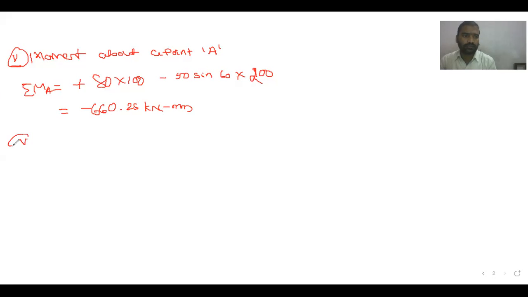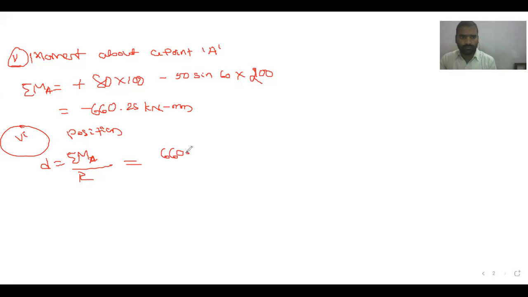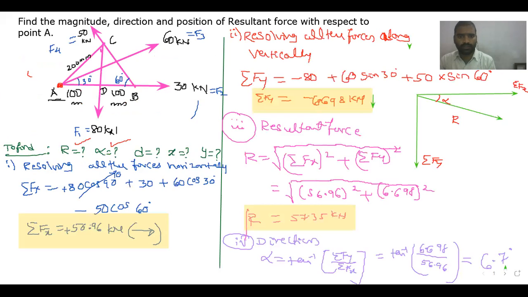Next, the sixth one. What are you to find? Position. That is, you have to find out the D value. D is equal to sigma M about a point A divided by R value. So sigma M you are getting 660.25 divided by, what is the value of R? So the value of R you got